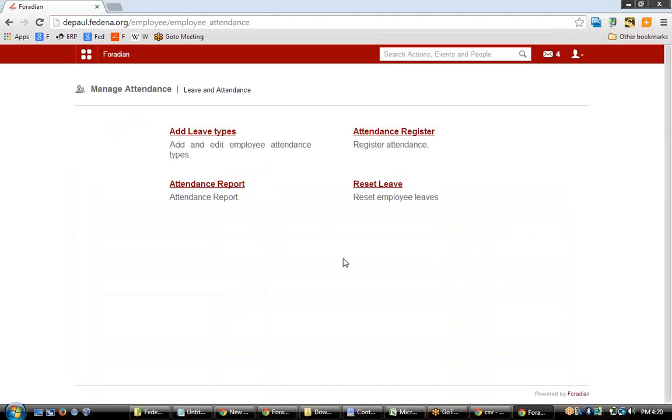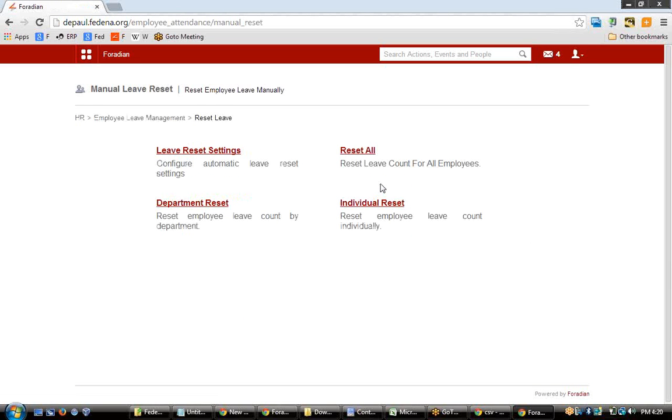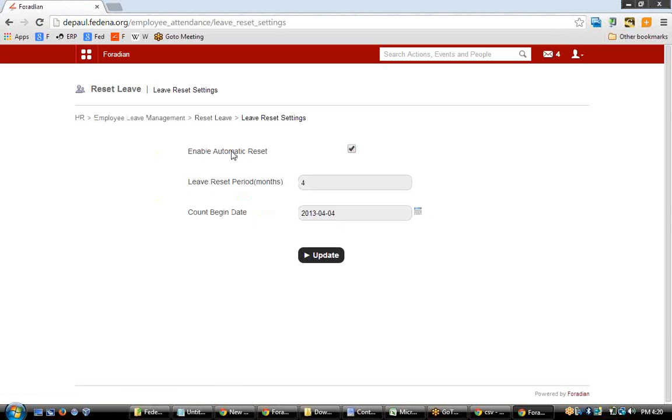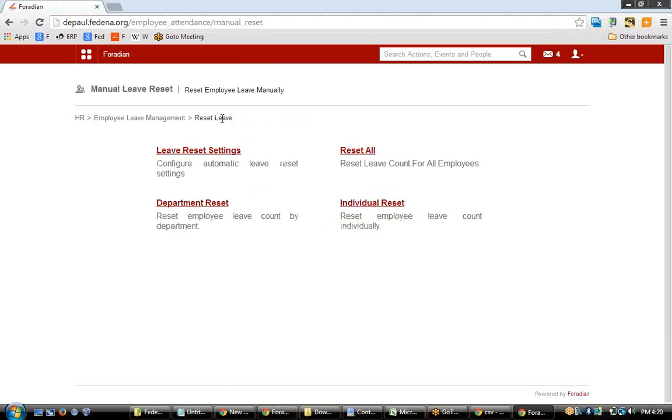The next part of employee leave management is to do the reset leave. Reset leave is the place where you will be able to reset the existing leave of your employees. So let's start off with the leave reset settings, where you are asked to enter the leave reset period. You need to enter the period for which the reset will occur, and then the count begin date from where to start, and then enable automatic reset, which would automatically reset the leaves of the employees. So that's all about this